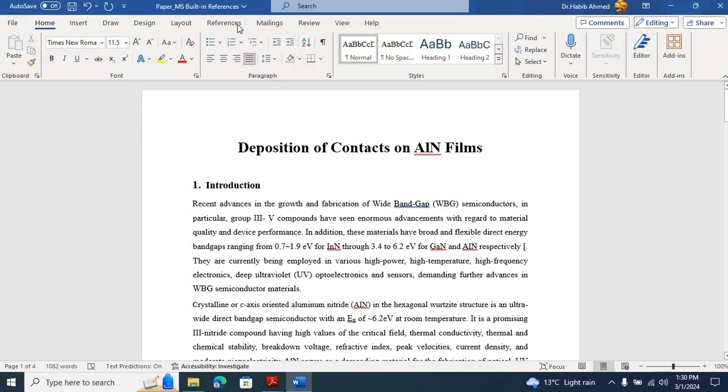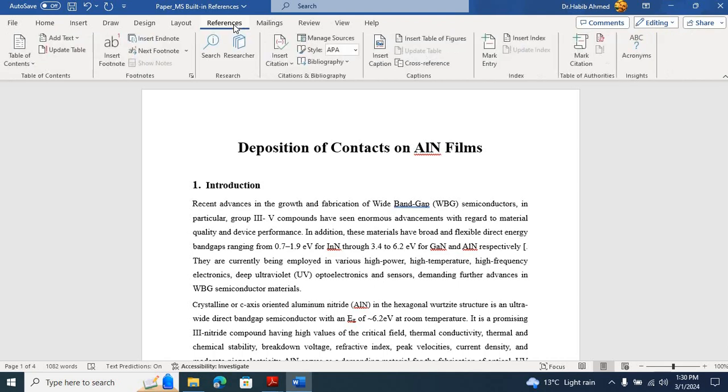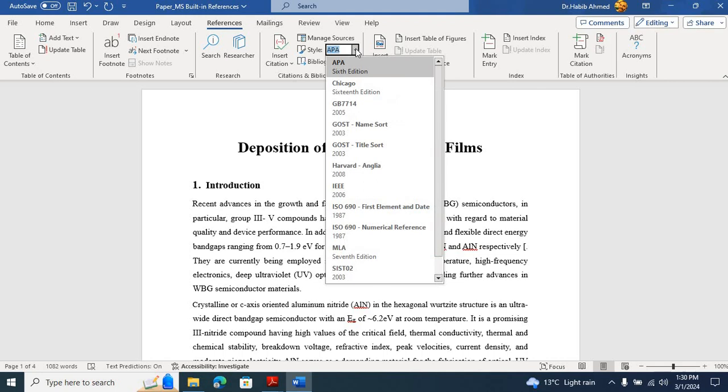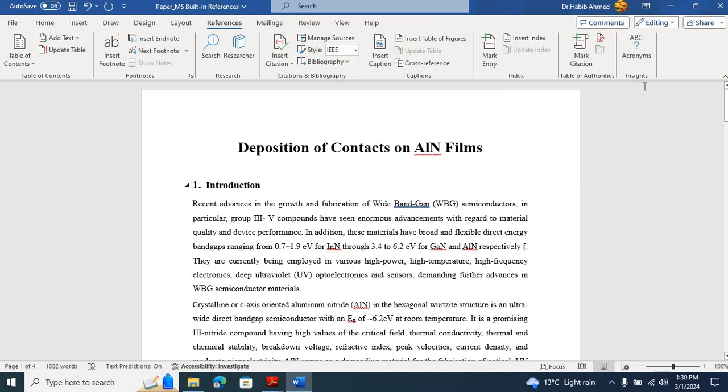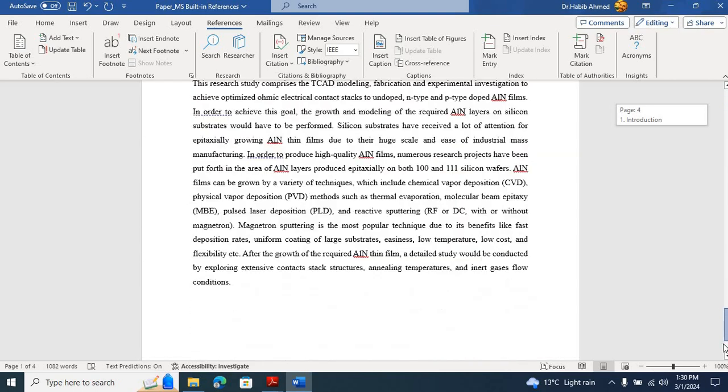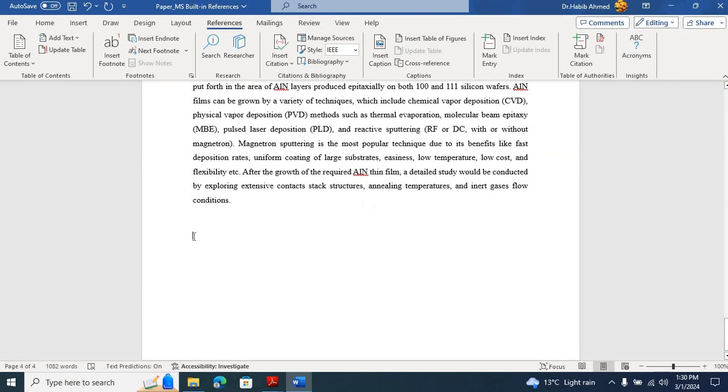In order to include references, we click on the References tab, and first we select the references style. So for example, I want to work on IEEE style of references. So I click on IEEE, and then we go to the end of the document. Click over here,